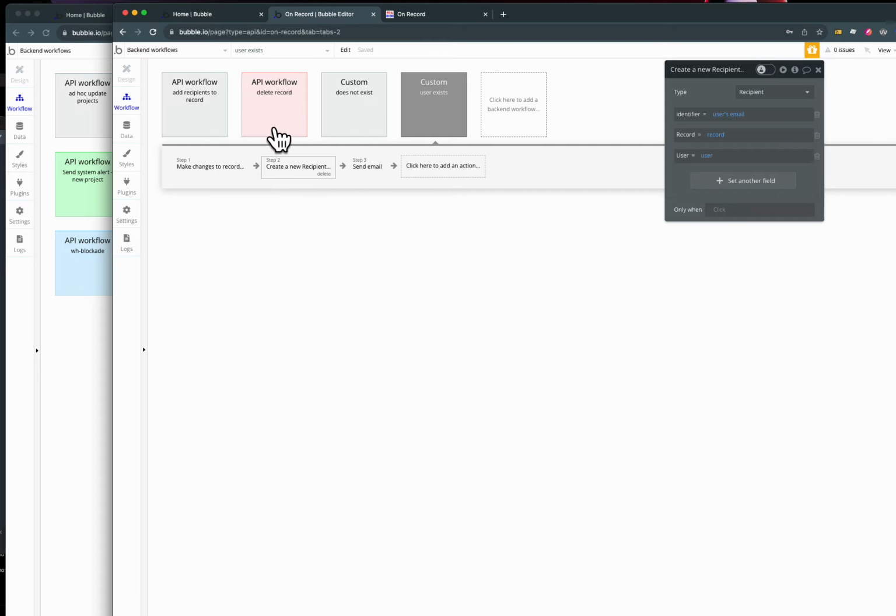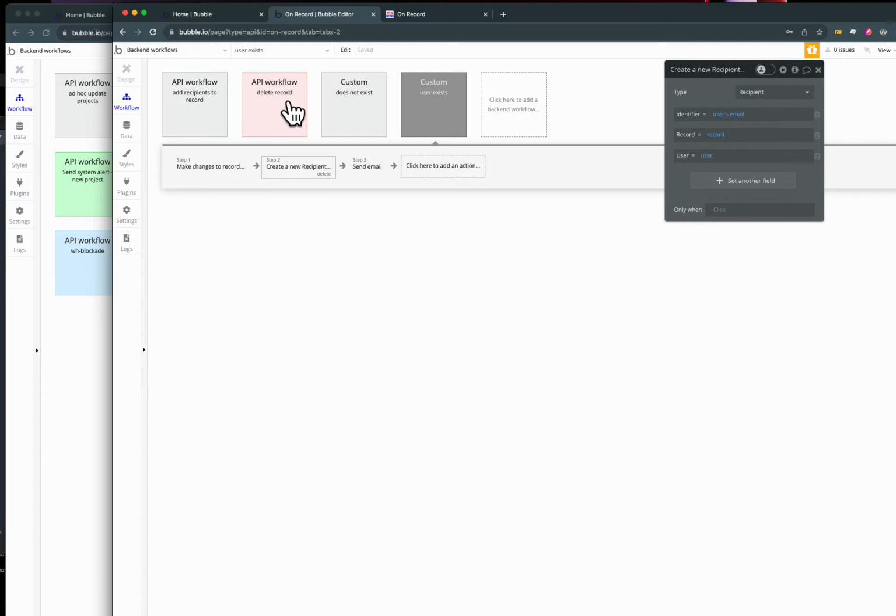So we're storing in two places in the database who a record is connected to. We're storing it as a list on here, as a list of users, and we're doing it here as well. You probably only need to store it in one place, but often in Bubble it's quite handy to store things in two places because of limitations of the queries. I suspect in time this field will disappear, but